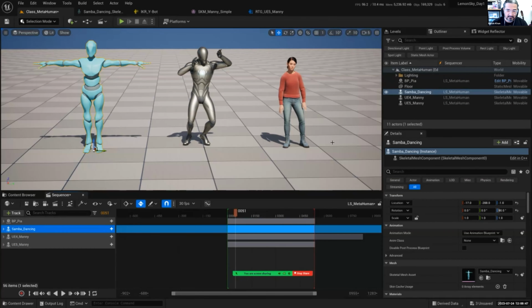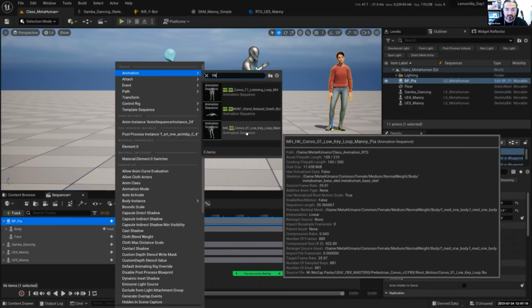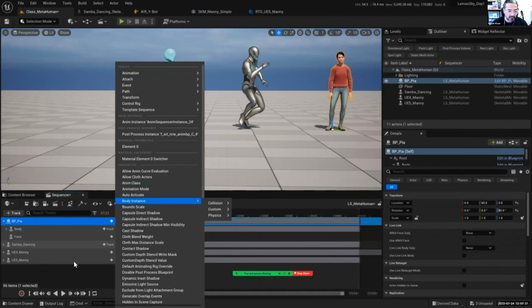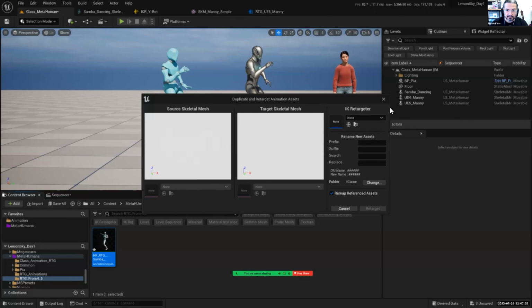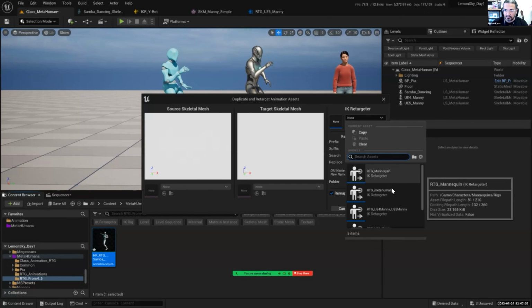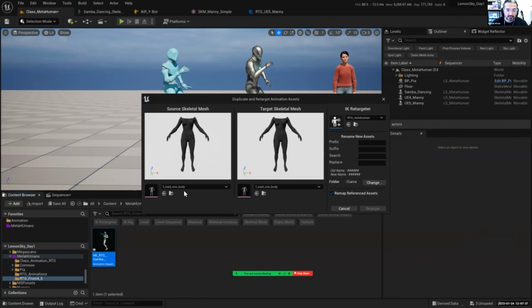Okay, now we want Pia to join in, yeah? So Pia, open up, body, track, animation. Can she use my animation? She cannot. So okay, now one quick one, yeah? Go back to content browser. We have already given magnify the animation, right click. Go to retarget animation, duplicate. And we are retargeting from, this is supposed to be for MetaHuman. Okay, we're taking from